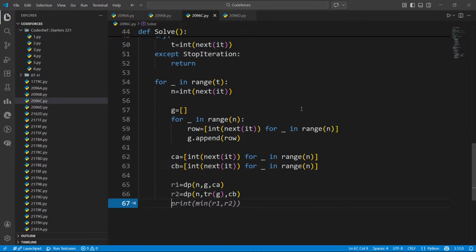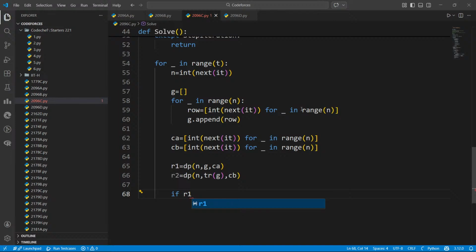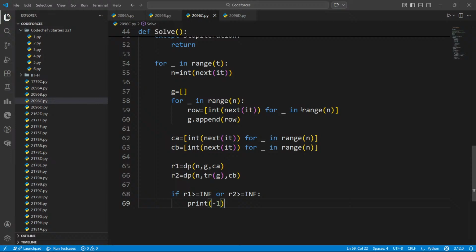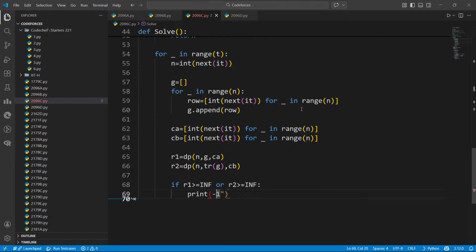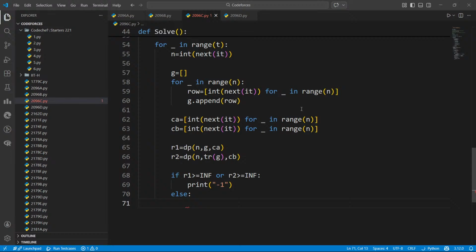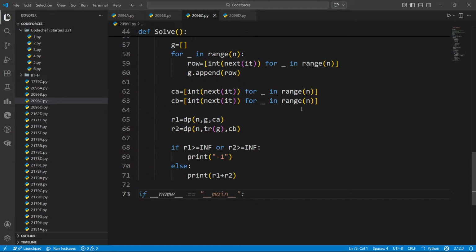Now what I'll do is, if r1 is greater than or equal to infinity or r2 is greater than or equal to infinity, I'll print -1. Else I'll print r1 plus r2. My solve function ends.